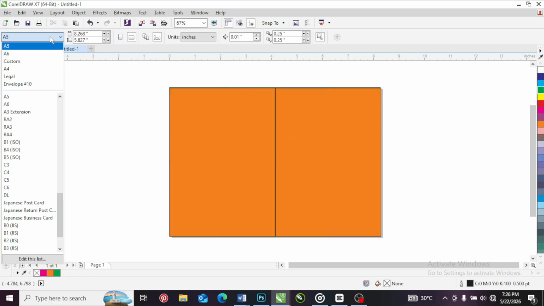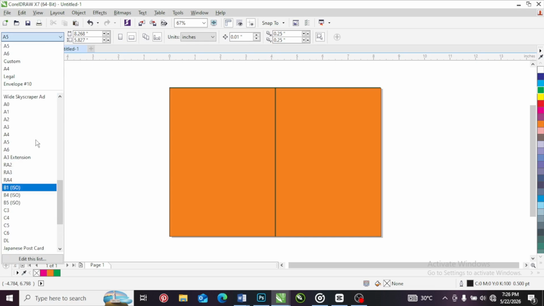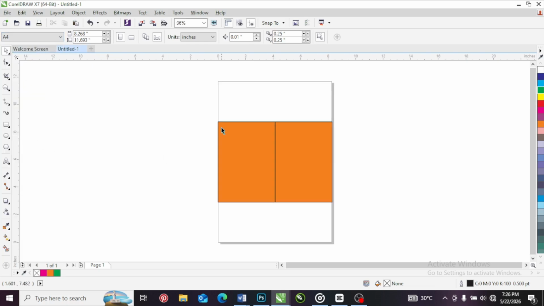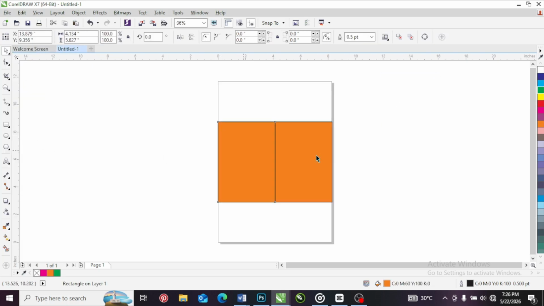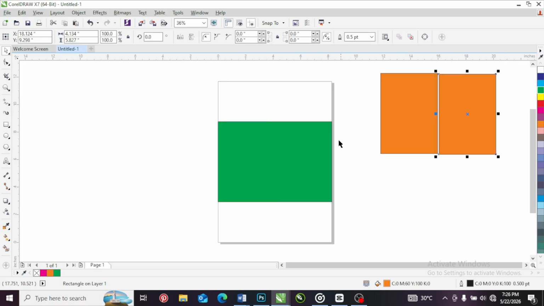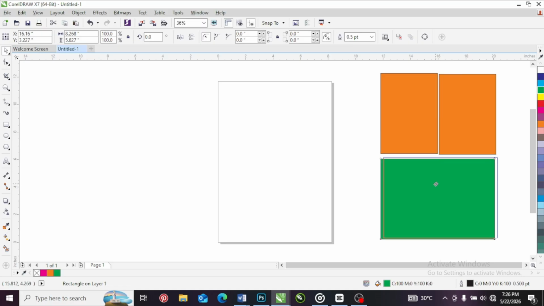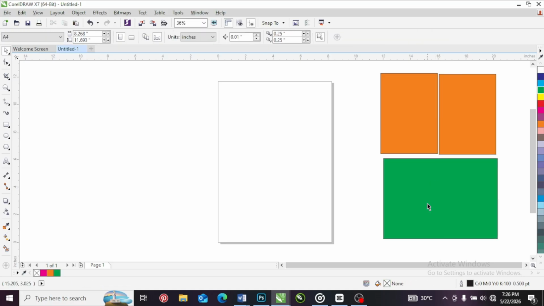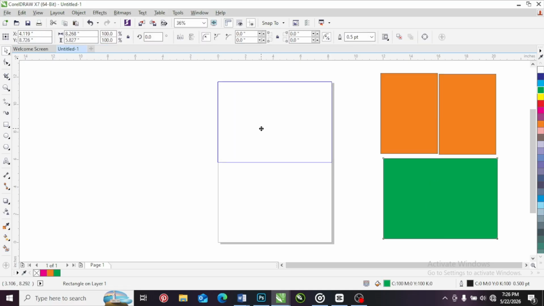Now if I change my paper to A4, you see now this is A6, this is A6, giving us A5, and this is A5, this is A4 now. So if I bring A5 into 2,